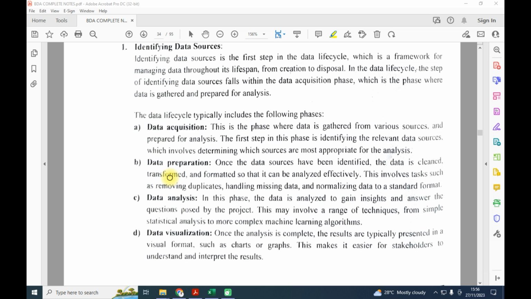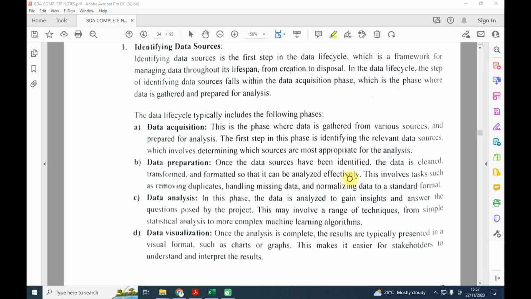Transformation involves transforming data from voice to text, from Word to PDF. All those involve data transformation. So we shall do transformation. We shall deal with formatting so that it can be analyzed effectively. So the main purpose of data preparation is to make sure the data that we have is able